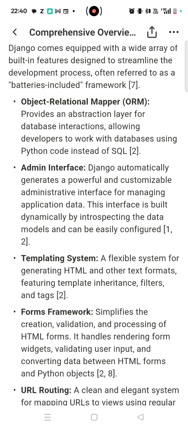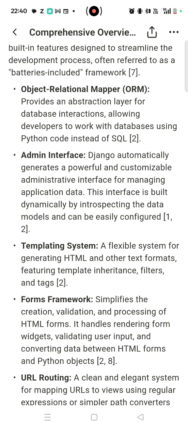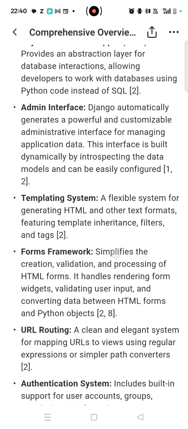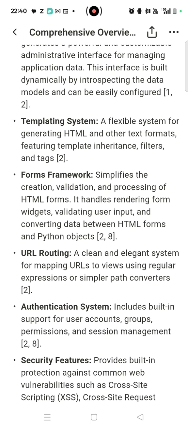Admin interface. Django automatically generates a powerful and customizable administrative interface for managing application data. This interface is built dynamically by introspecting the data models and can be easily configured. Templating system, a flexible